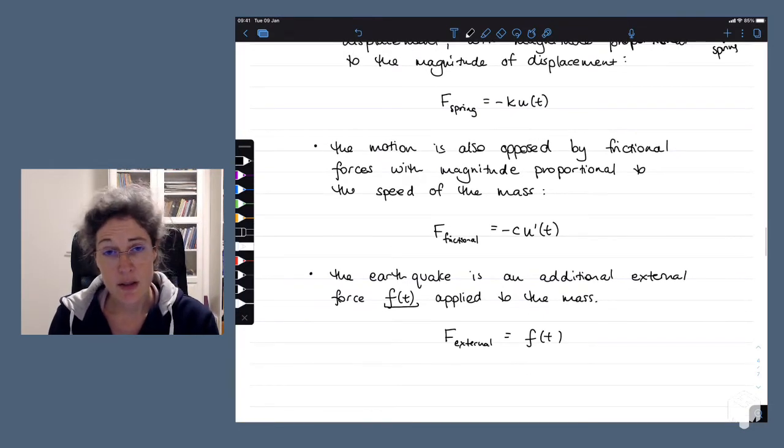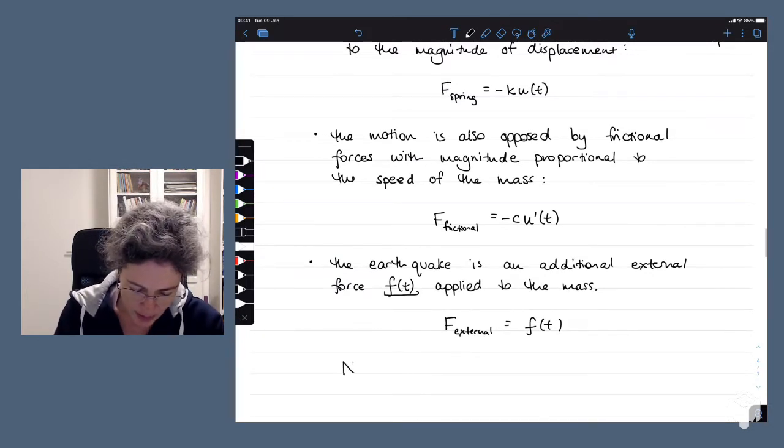And this is a simple model. You could add in more forces or go into more detail, but for the moment this will do. So how do we pull it all together? Well, we remember our Newton's second law, I think it is,